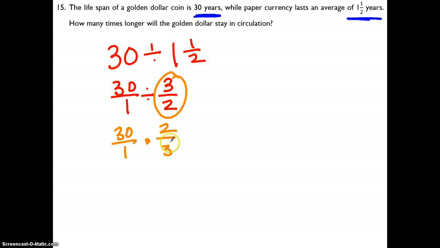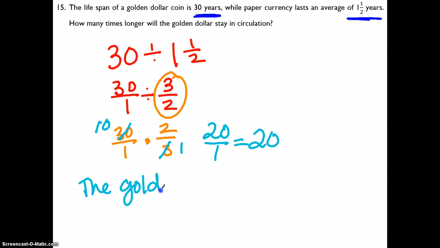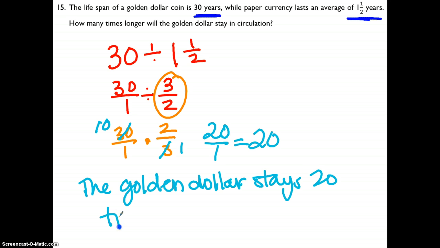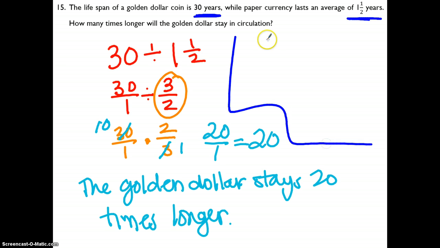And then I can cross simplify. 3 goes in 1 time and 10 times. So I get 20 over 1, which is 20. So the golden dollar stays 20 times longer. You can also check your work by saying if you multiply 20 by 1.5,